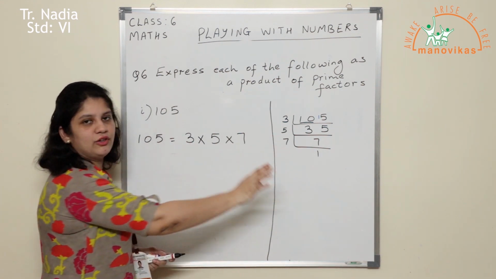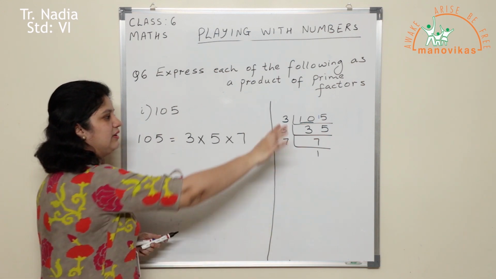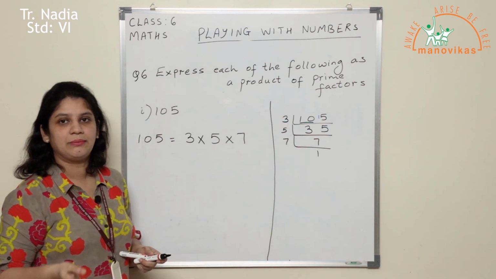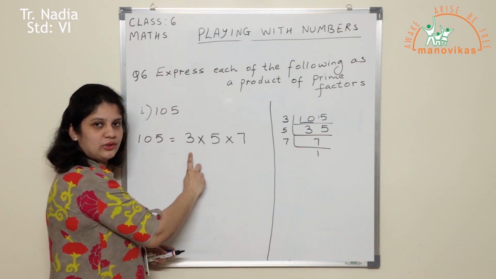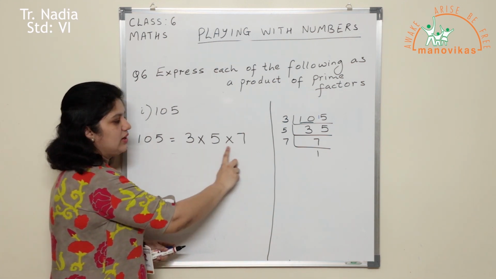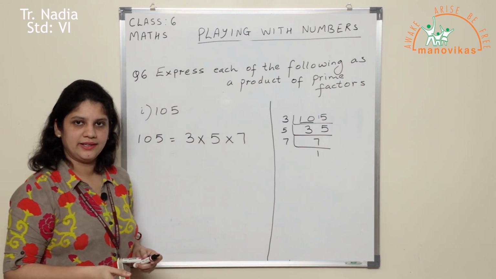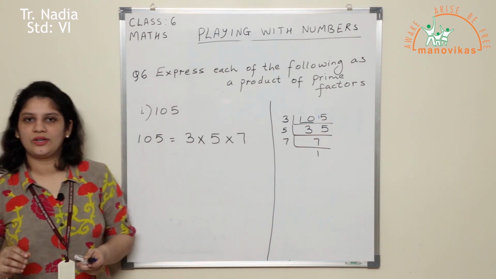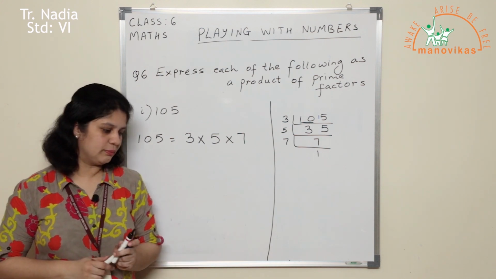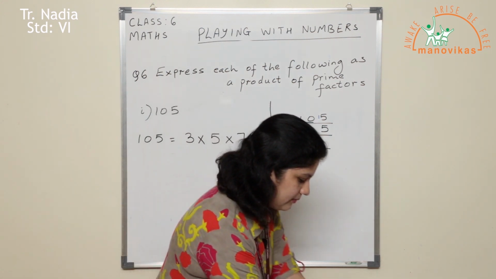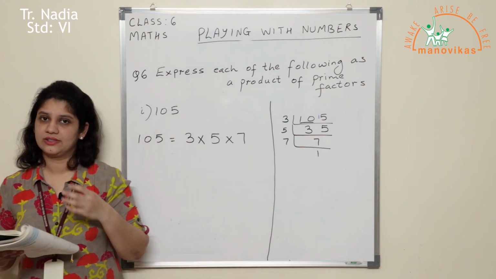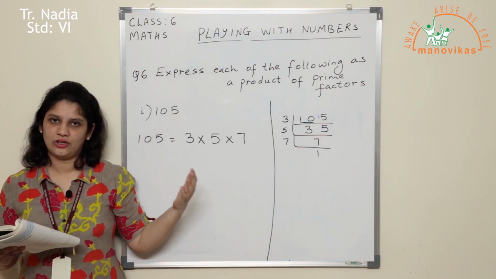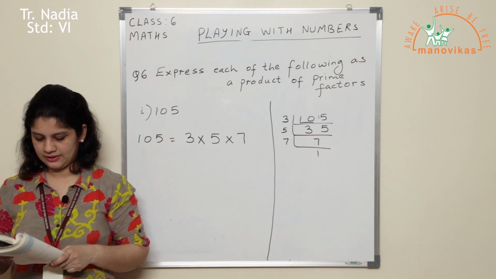Now here, even if you don't do it in order, it is fine. Like even if you have used 5 table first and 3 table later, it's okay. But when you are doing this step, make sure that you write it in order. The small numbers first, followed by the bigger numbers. So this is how you will do question 6 in your notebook. Okay, I have explained one sum. I hope you all will be able to do the rest of the sums because you all have already done this. You all know how to do prime factorization.